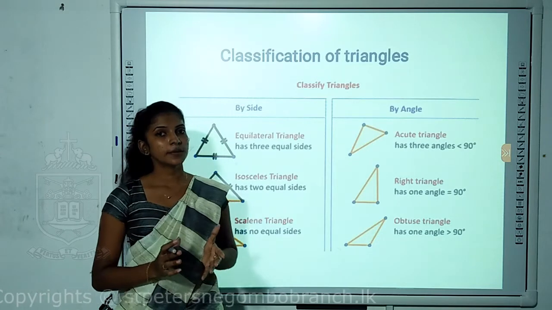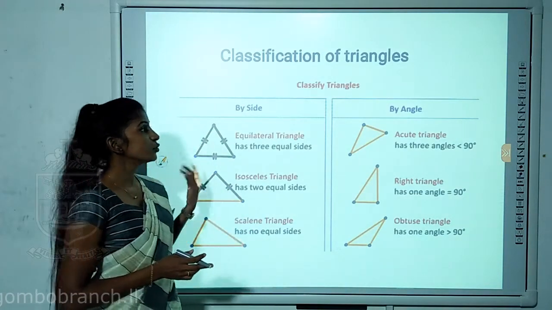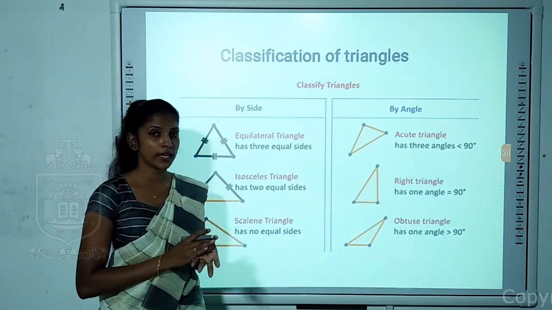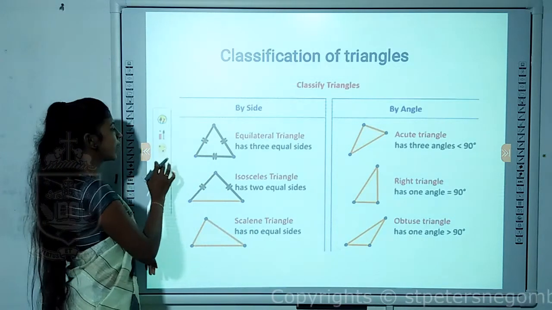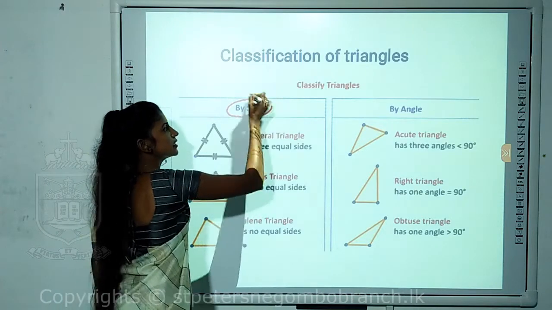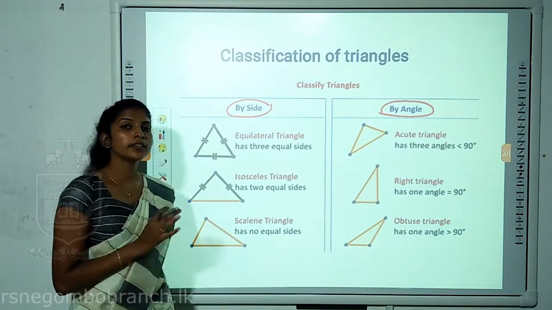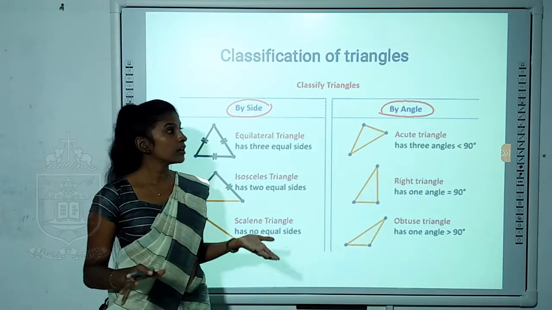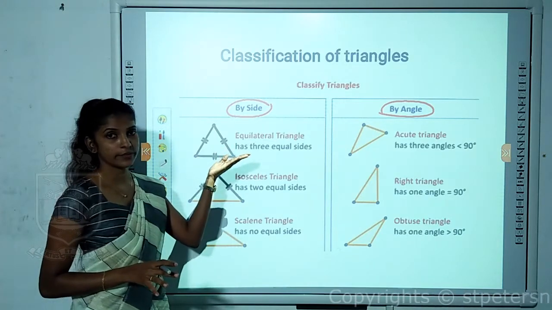There are different types of triangles that we can classify based on 2 features in a triangle. Now we discuss about the elements and sides, vertices and angles. Considering the sides and angles in a triangle, we can classify triangles into 2 main types. Okay? Right. The first type is based on sides.